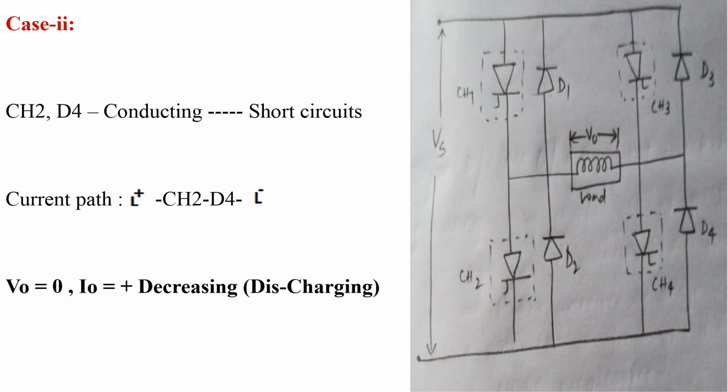In the first case, the inductor starts charging. After complete charging of this inductor, it changes its polarity. That is, positive polarity becomes negative and negative polarity becomes positive. Due to the complete charging of this inductor, the chopper circuit comes into off state. That is, CH3 comes into off state, and this negative polarity is connected to the cathode of diode D4. So diode D4 comes into forward bias.